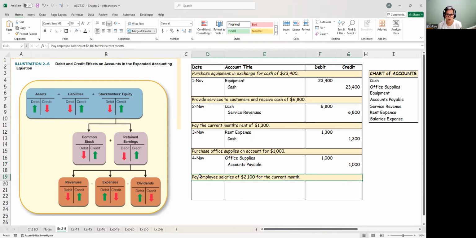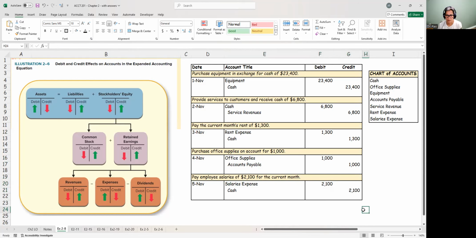And finally, the last one, we paid the employees salaries of $2,100 for the current month. So the employees have done their work. I received the benefit. So just like over here, I received the benefit of occupying the office space, here I have received the benefit of the employees working for me. So it's an expense and we call it salaries expense. I paid cash. So I will credit cash and the amount is